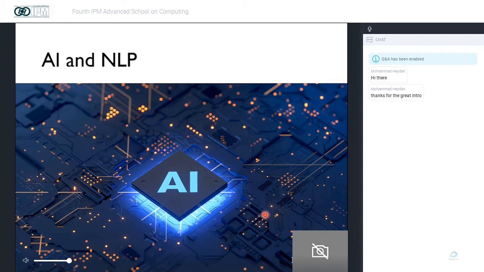Artificial intelligence, or AI, is undoubtedly one of the most important topics of discussion in the past decade. The goal here in AI is to create machines or algorithms that can exhibit intelligent behavior. By intelligence, what we mean is the kind of intelligence we humans show in our day-to-day life in tasks that we do routinely,